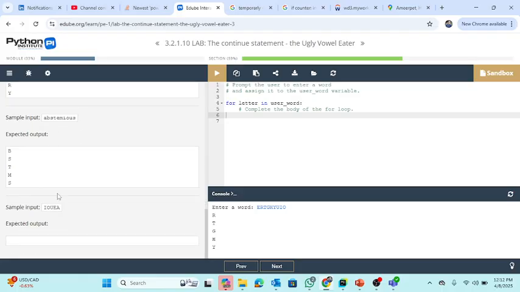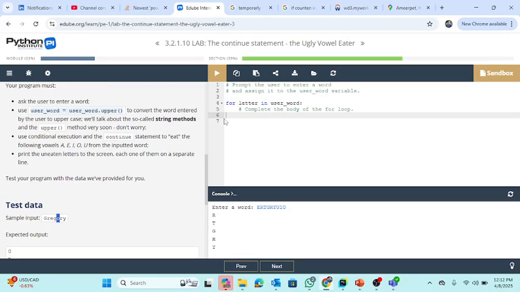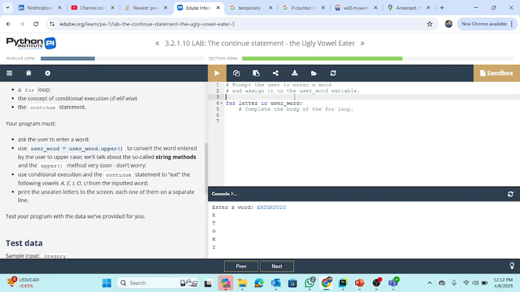So let's see. He's given a simple for loop here, and he's saying that prompt the user to enter a word and assign it to the user word variable. Then for letter in user word, we have to write code here. So first, we have to enter a user word, right? So user underscore word equal to input,